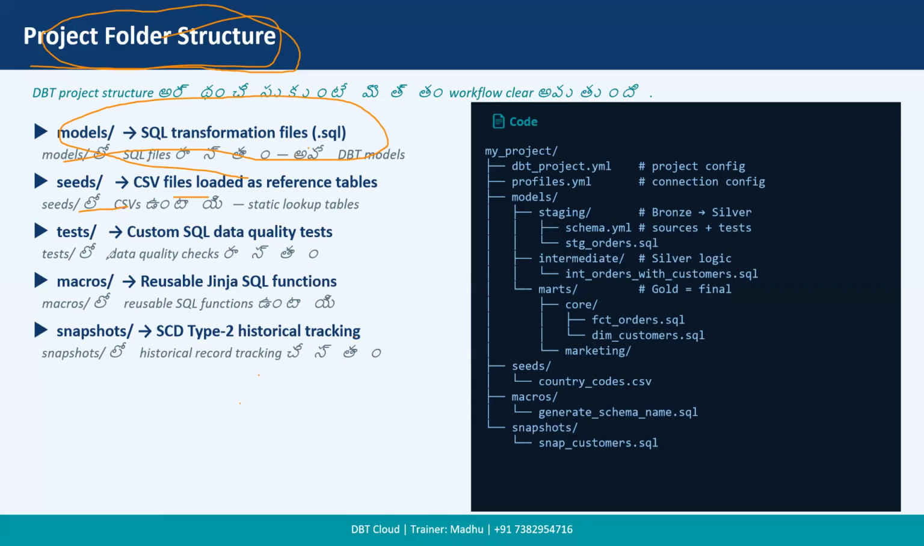like unique test, not null test, accepted values test, data quality checks, and the relationship test we're going to do here, in the tests folder. Macros has reusable Jinja functions. Macros are like formulas in mathematics, like (a+b) whole square equals a square plus b square plus 2ab. So in macros, we're going to write